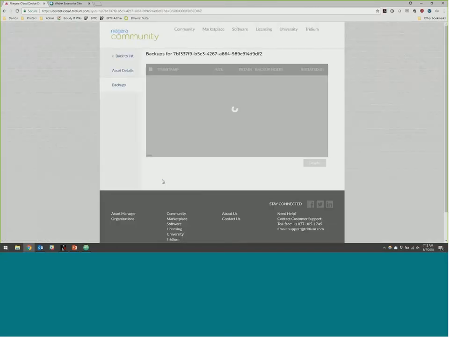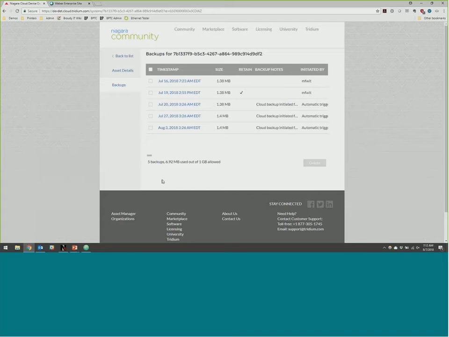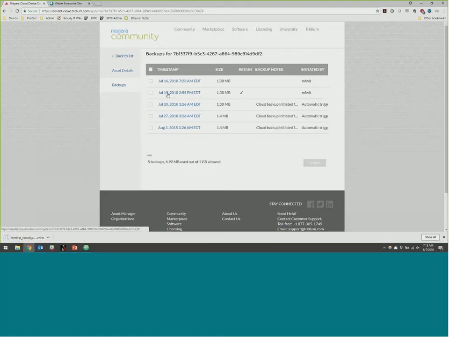That's going to list out all the backups that have been done to the cloud from the JACE. So from in here, you can pull one up and it downloads it. That's what I'm going to talk about next in the backup stuff, but real quick before we go to that,